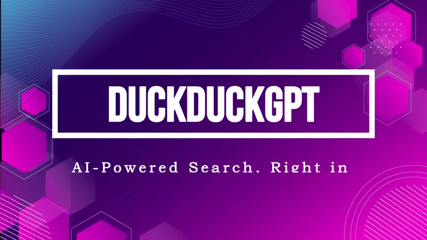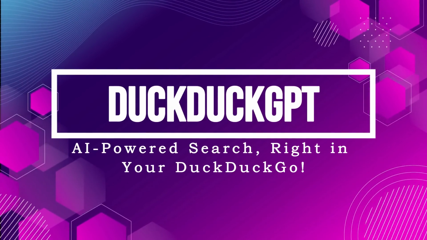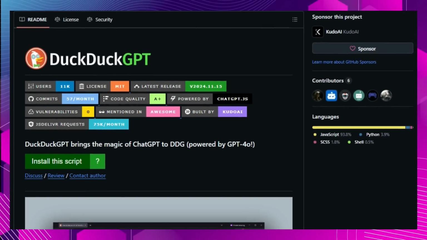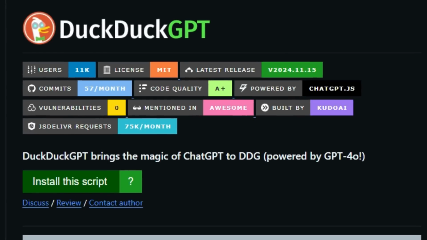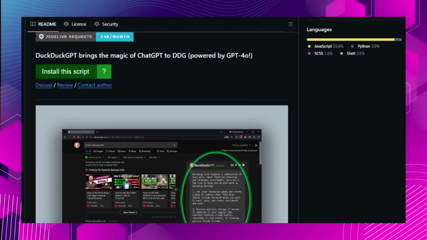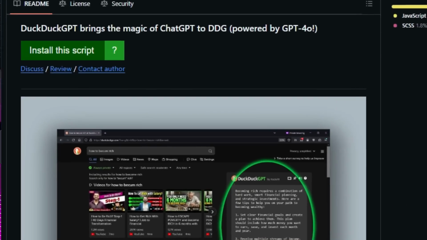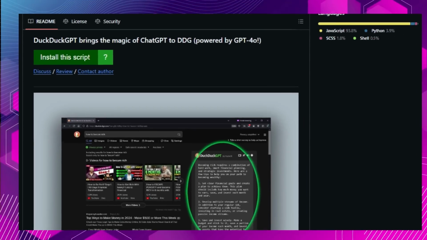Project number 5, DuckDuckGPT, AI-powered search, right in your DuckGo. Do you love the privacy-focused approach of DuckDuckGo, but sometimes wish it had the AI capabilities of ChatGPT? Well, get ready to have your cake and eat it too. Today, I'm excited to introduce you to DuckDuckGPT, an amazing open-source project that brings the power of GPT-4o right into